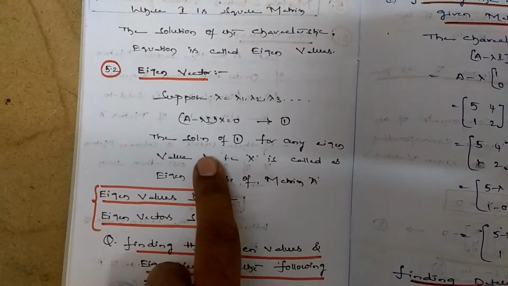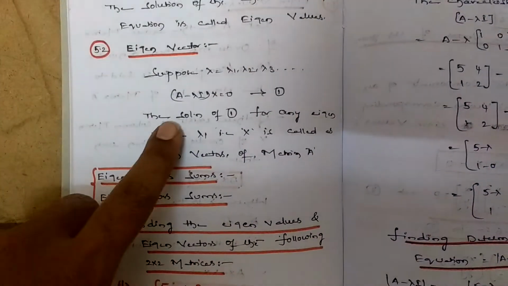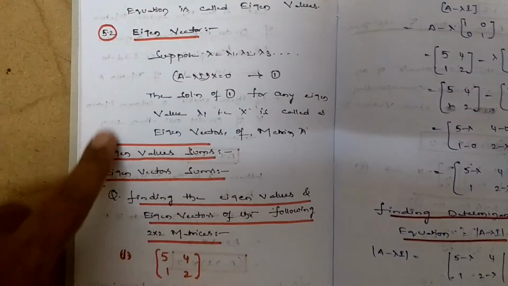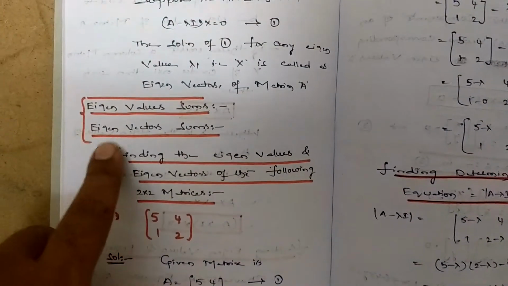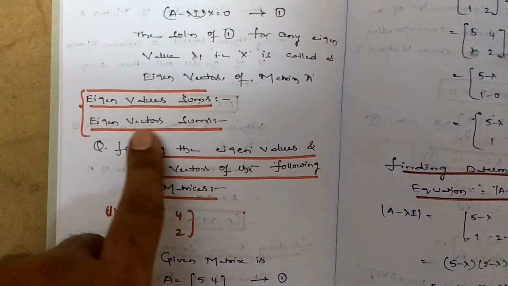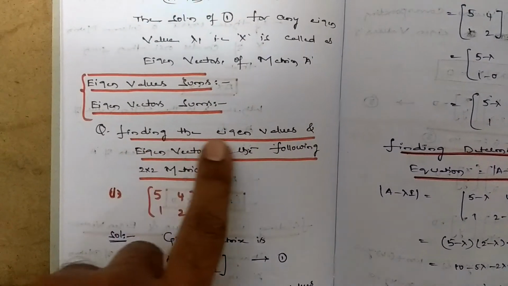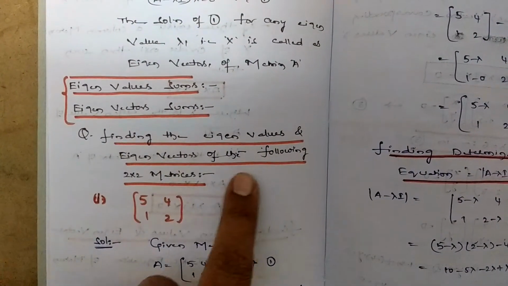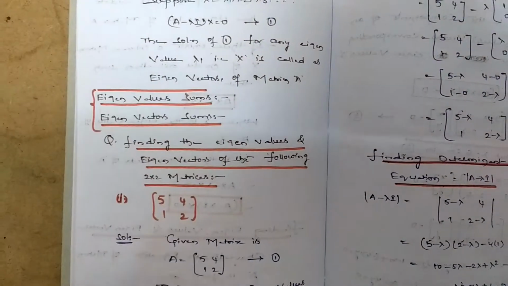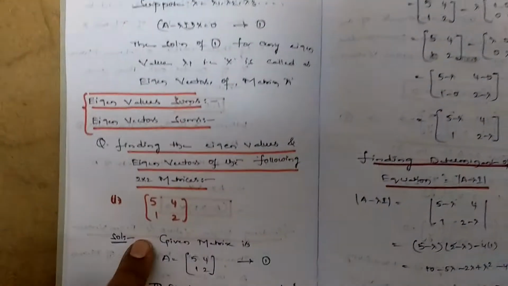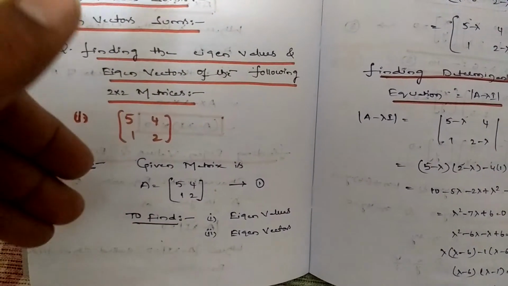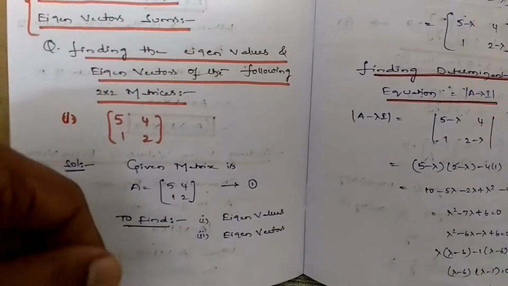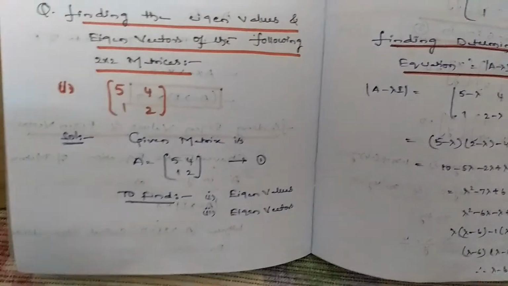See, this is the representation, guys. While solving sums, you will be able to understand why we have taken this representation. Let's solve with an example, for eigenvalue and eigenvector sums: finding the eigenvalues and eigenvectors of the following matrices. And after solving this sum, I am going to give the verification part also, how you can identify whether the solved solution is correct or wrong. I am going to explain that also.